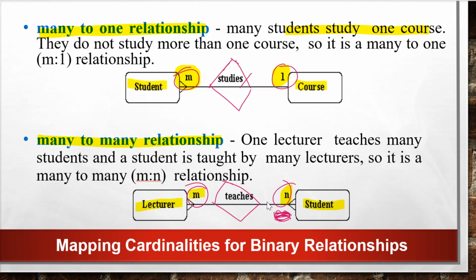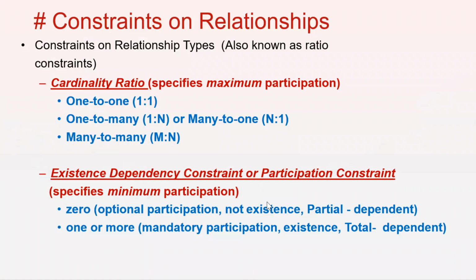These are the cardinalities, how we represent the numbers on these lines. These numbers depend on the number of participating entities from both sides, meaning from the left side and also from the right side. So we are just talking about the binary relationship for ER models. Next we have